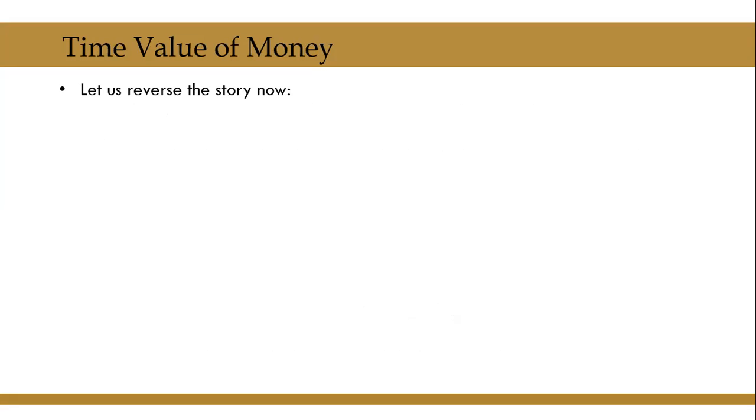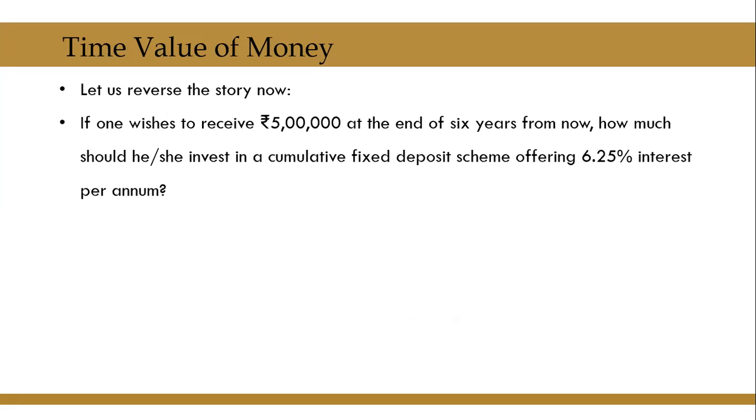Let us now look at an example of discounting, or let us reverse the story now. If you wish to receive 5 lakh at the end of 6 years from now, that means you need 5 lakh for a specific purpose 6 years from now. In order to accumulate this 5 lakh, you are interested to deposit an amount today in a fixed deposit scheme offering